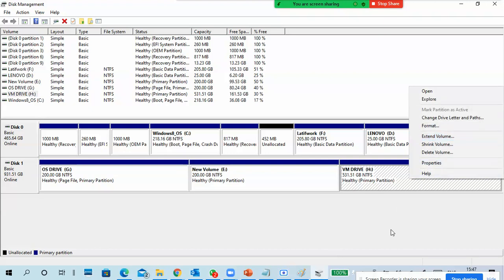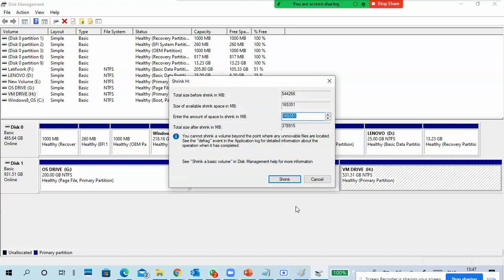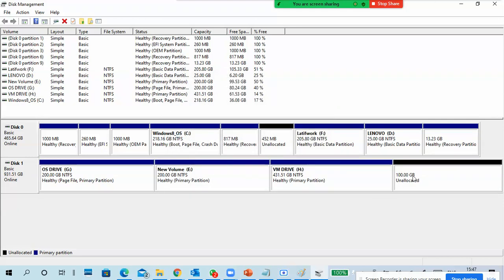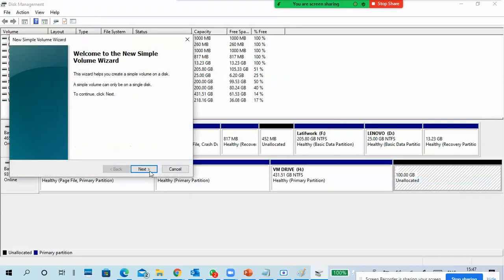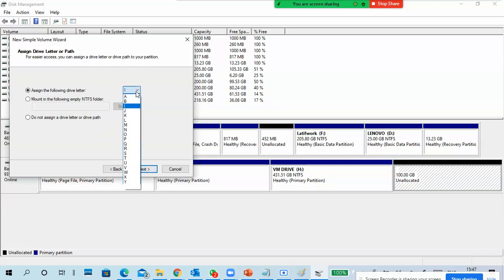So for that one I'm creating a new simple volume. Any volume. So then 102400, 100 GB. In that one I'm creating 20480, and I'm not going to assign a letter.